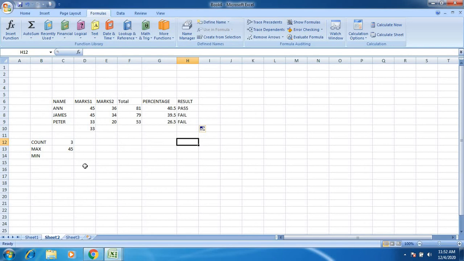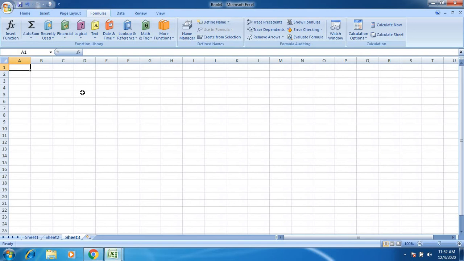Now we can also draw a chart. How to draw the chart? Suppose I have three different cities and the temperatures of those cities.